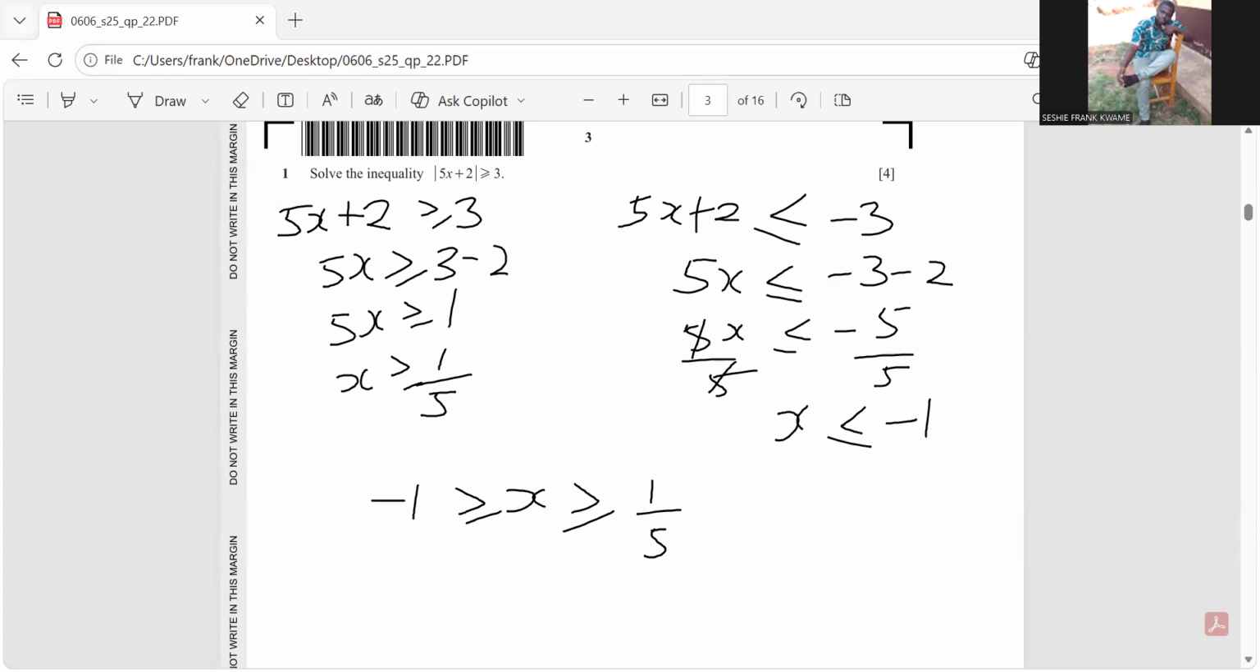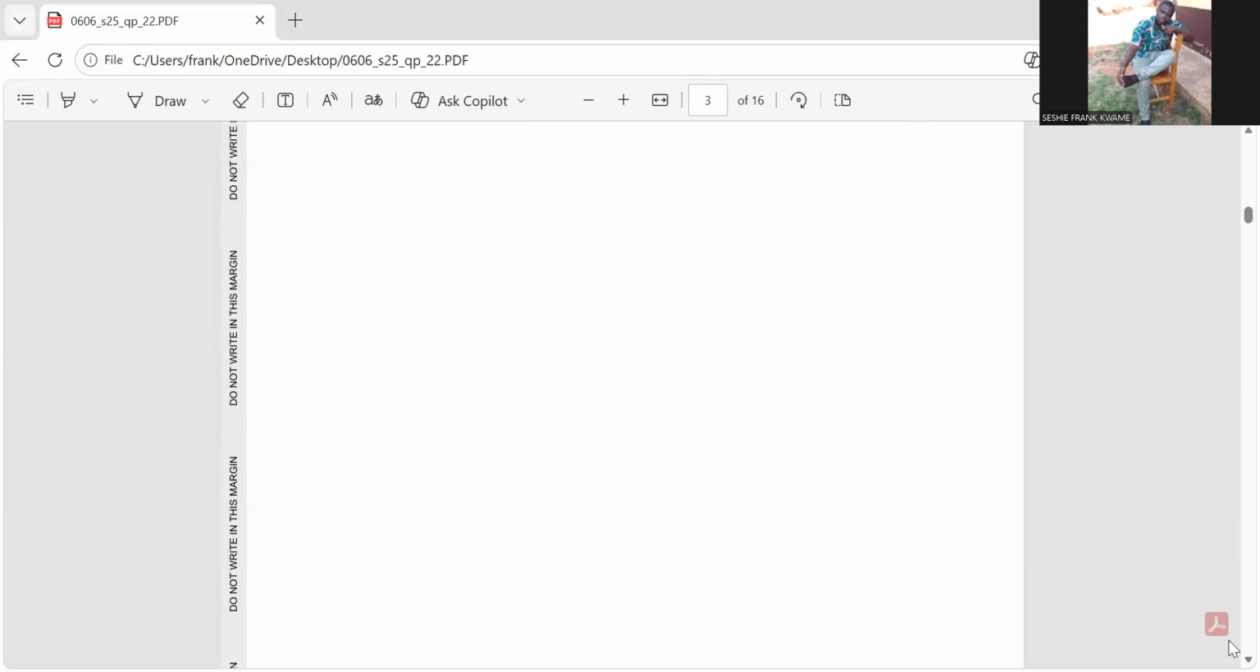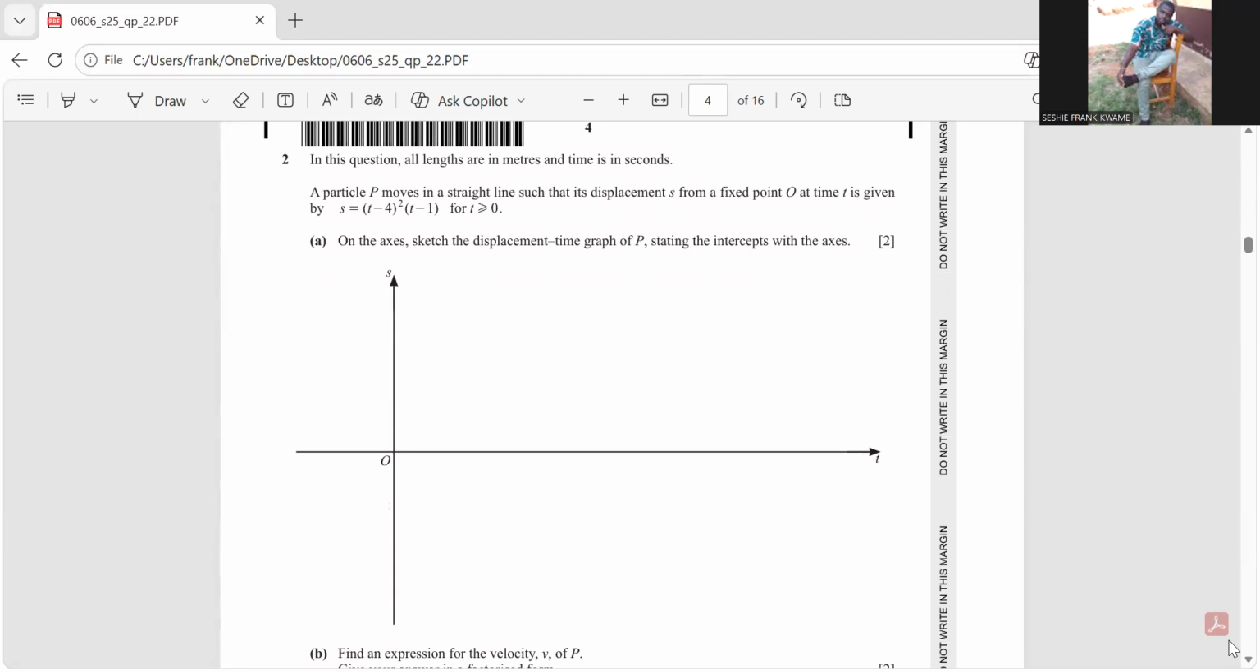Now, question number 2. A particle P moves in a straight line such that its displacement s is given. Sketch the displacement-time graph of P, stating the intercepts with the axes. So let's first take the intercept. At the s-intercept,